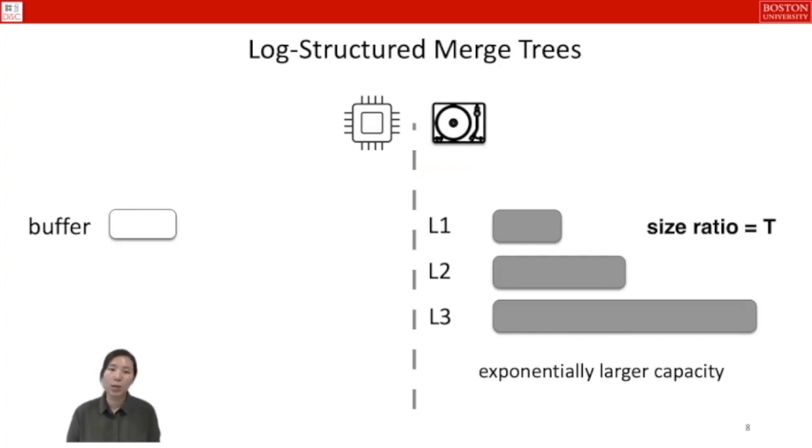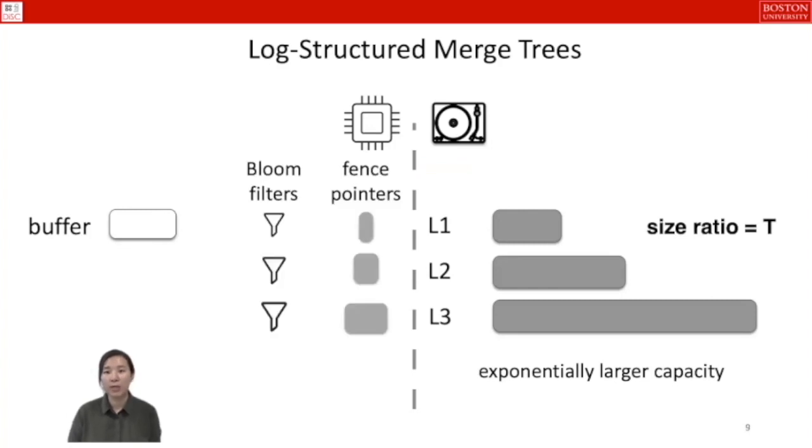To enhance the lookup performance, commercial systems employ metadata such as bloom filters and fence pointers. Bloom filters can identify whether the target key belongs to a given level or not, so they can screen out the keys that have no possibility of matching. Fence pointers are the min-max ranges for each disk page, and they ensure that at most one I/O occurs